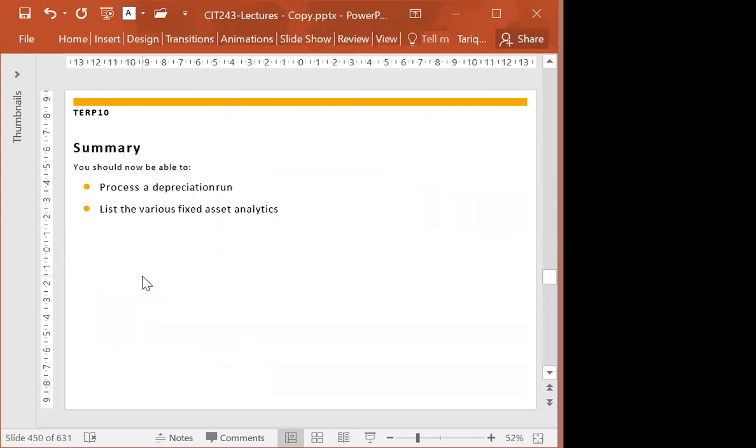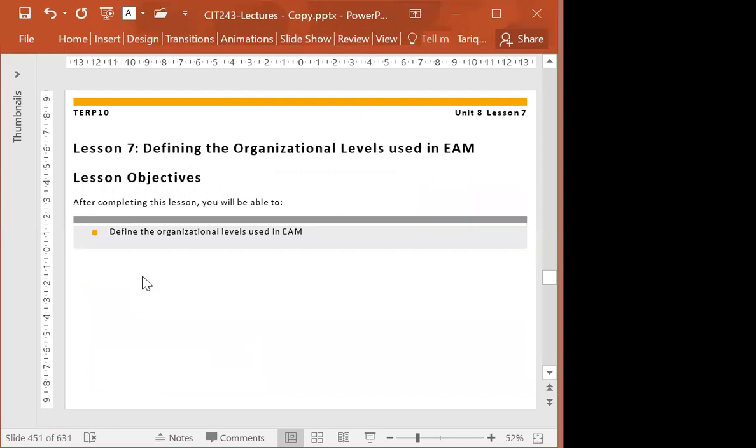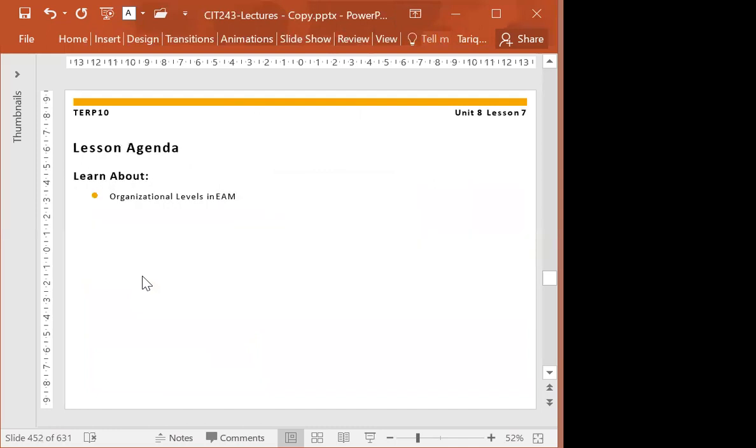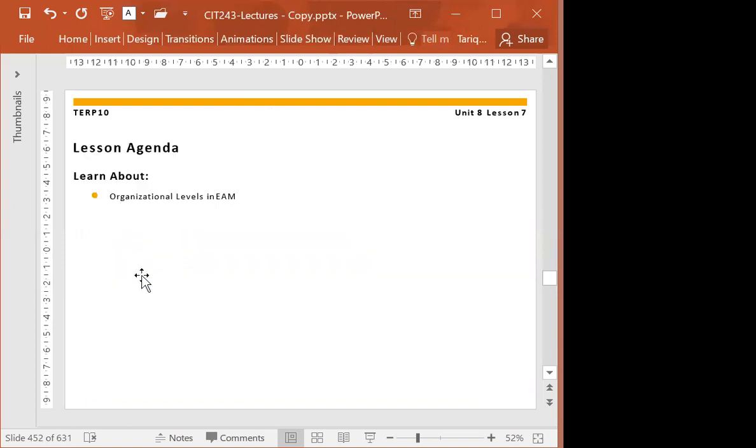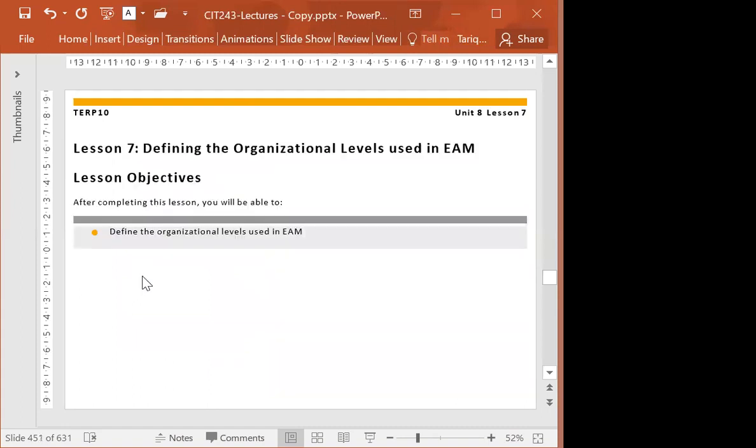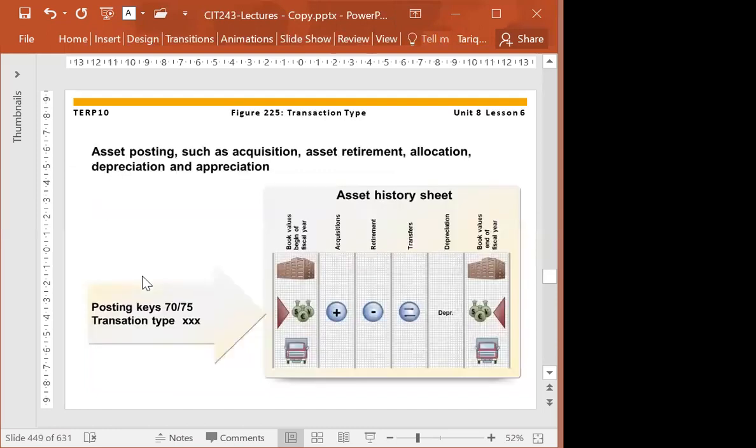I think we'll stop here today because now we are having plant maintenance and plant structure. This is related to plant maintenance. So the topic of our today was assets accounting and then internal orders.